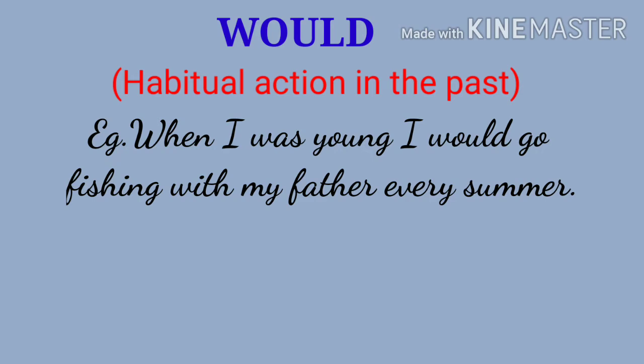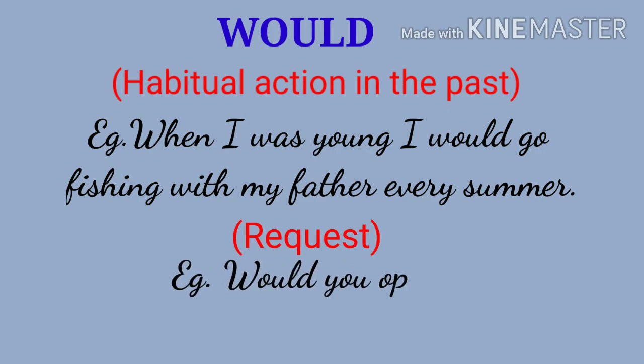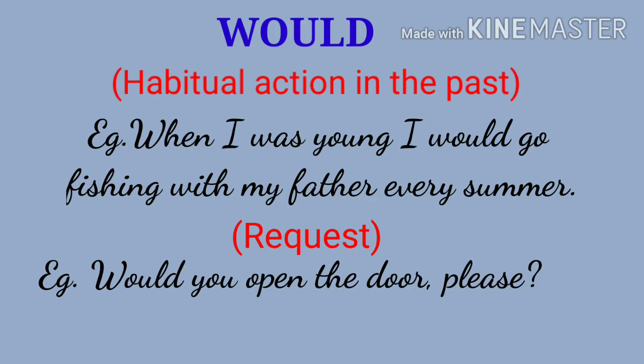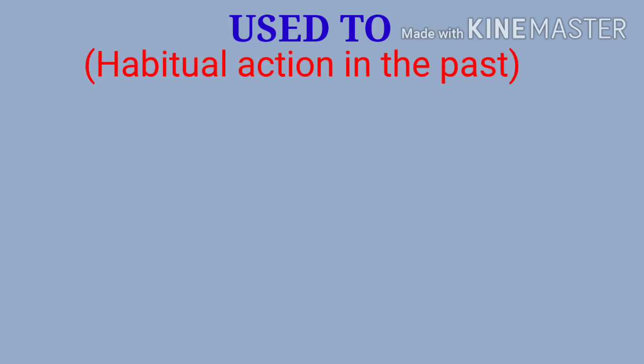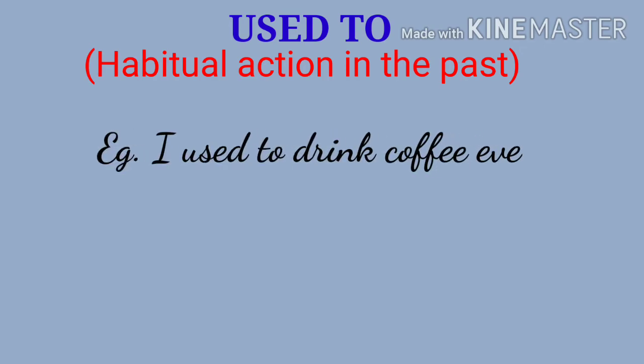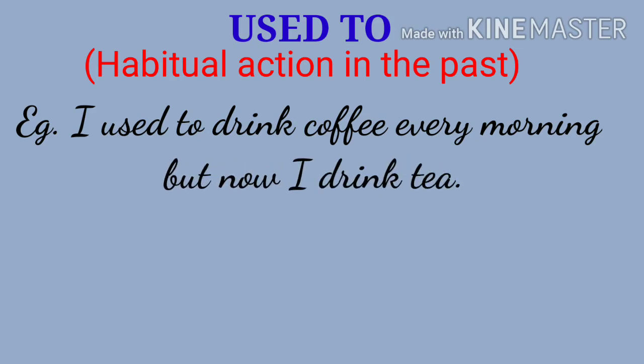Here in the same place we can use used to also. Would can be used for request in this way. Would you open the door please? Instead of would, we can see one more modal auxiliary, that is used to, because its indication is the same, habitual action in past. How? See in the sentence. The sentence is, I used to drink coffee every morning but now I drink tea, because it was a past action denoted